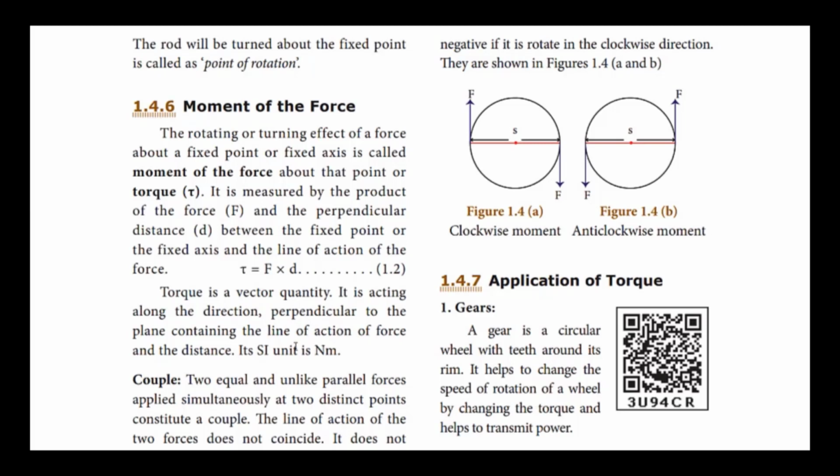With this example, it will be very clear for you what is line of action. Note down, these two members are pushing this table, with equal and parallel forces. He is applying the force at this position. He is also applying the force at this point. Then if you extend the line of action, that is the force acting on the point, they will meet each other like this. This is the line of action. Both are one and the same, and there won't be any change in the position of the table.